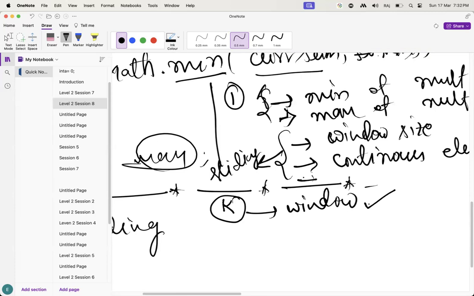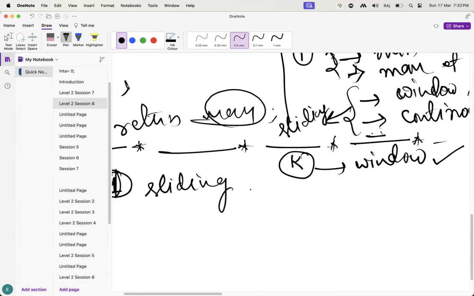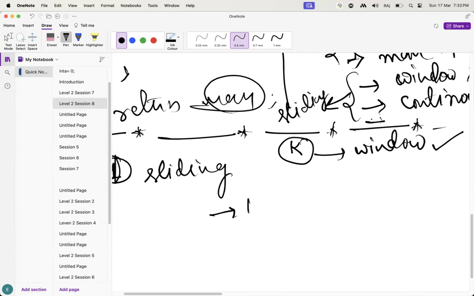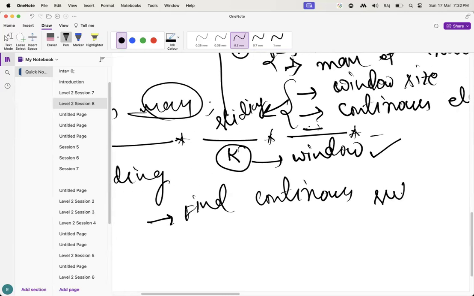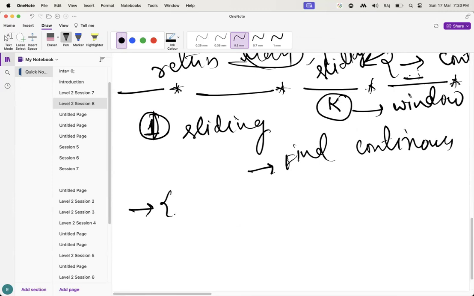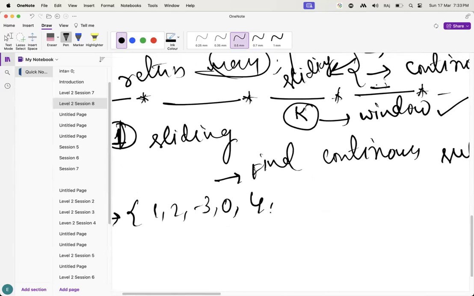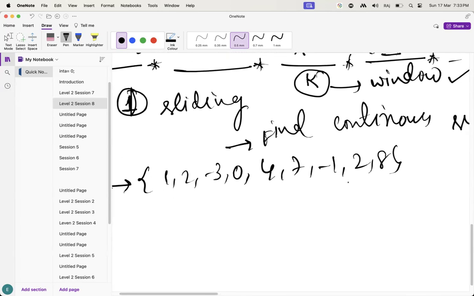But in some questions, they won't give the window size. But they simply ask, what do they ask? Find the continuous subarray. Let's suppose they may give you a question like this: 1, 2, minus 3, 0, 4, 7, minus 1, 2, 8. Let's suppose they have given it like that. They may ask you